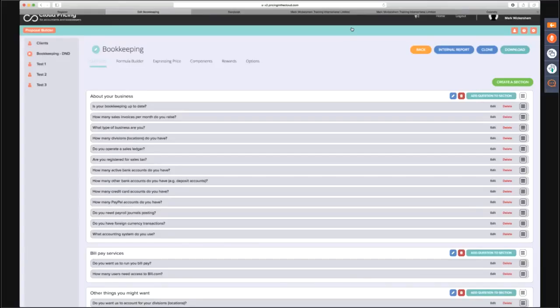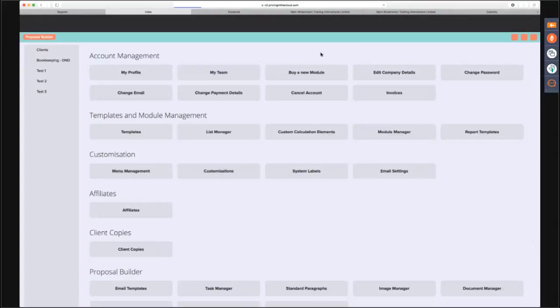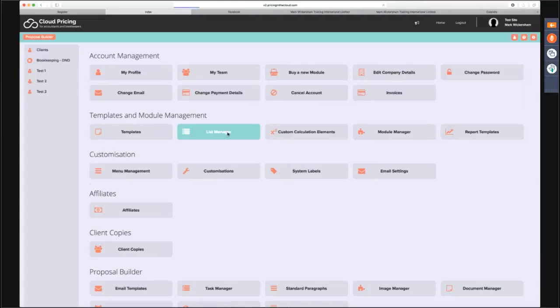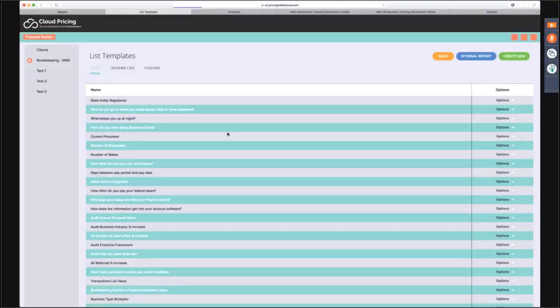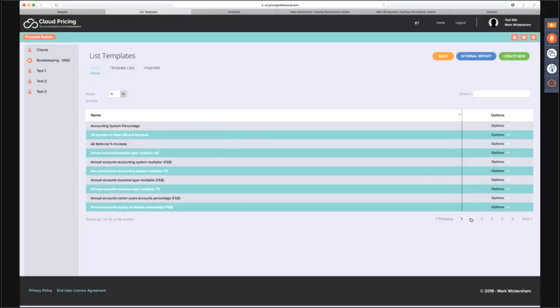And then we go back into the global settings button. So click on that little cogwheel again in the top right corner. And now what we're going to do is we're going to look in the list manager section. And when the section comes up, we were looking for bookkeeping. So it was, where were we looking? I wonder if it's in the imported one. Yeah. Bookkeeping, here we go. Bookkeeping, number of sales invoices, value,